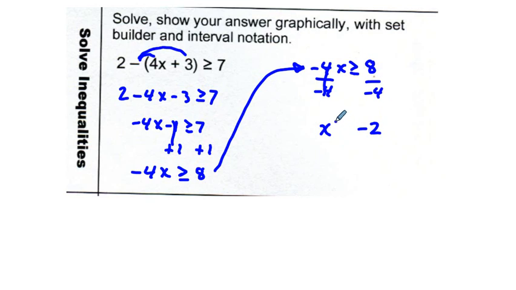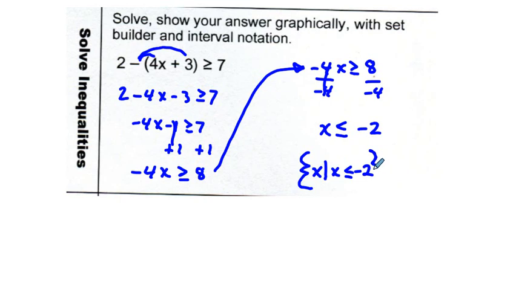And so is that going to be it? Question mark. No, it's not. We divided by a negative number, so we have to reverse the direction of the inequality. So what we're going to get is x is less than or equal to negative 2, and it says graphically with set builder and interval notation. So for set builder, we're going to do it like this: x such that x is less than or equal to negative 2,